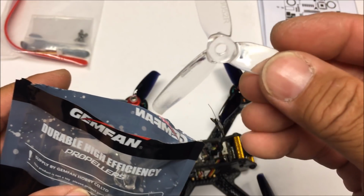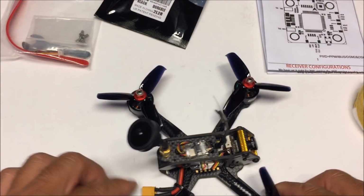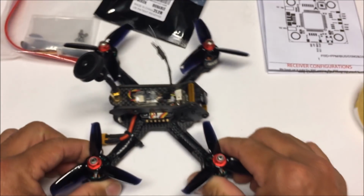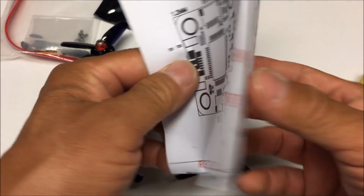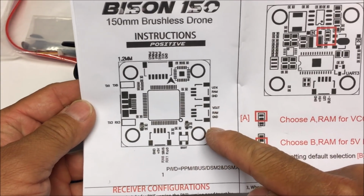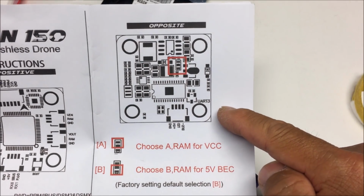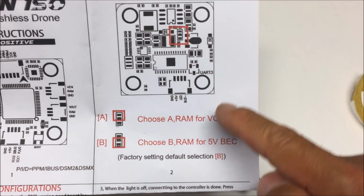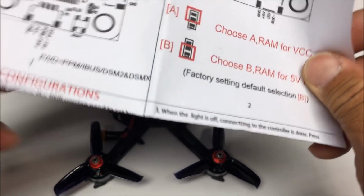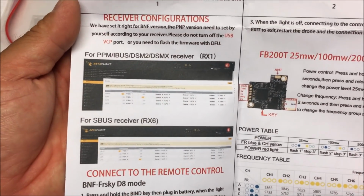They're not bent or anything, it's just that they're kind of scratched up, so I replaced them with these nice shiny black ones just for this occasion here. And we are also given an instruction paper in which there's the flight controller pin out, so that is awesome. And this time around, unlike the FuriBee Geniuser, they have elected to choose the 5-volt BEC for the RAM pins. And a little down the line, we have the receiver configurations